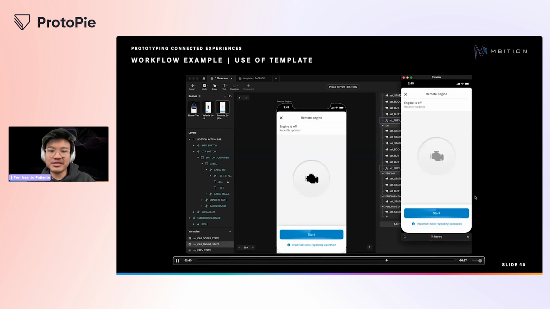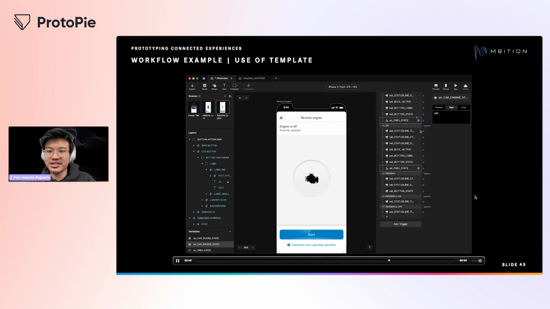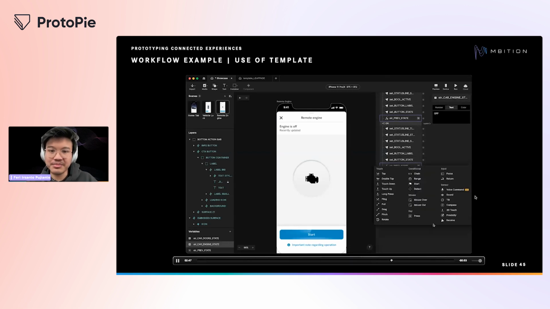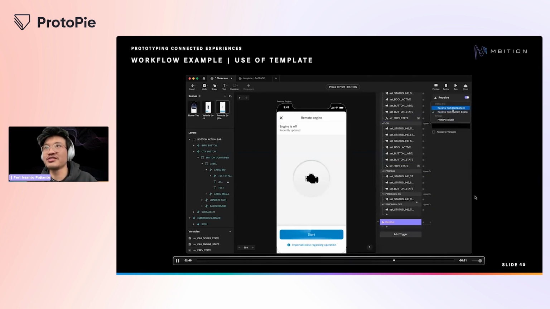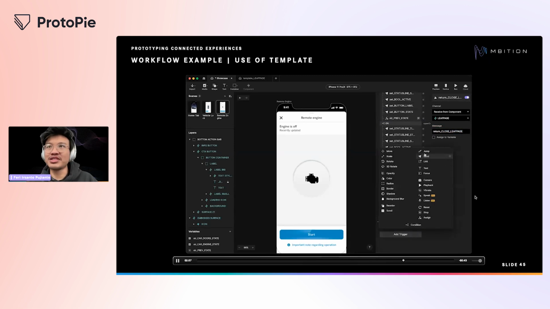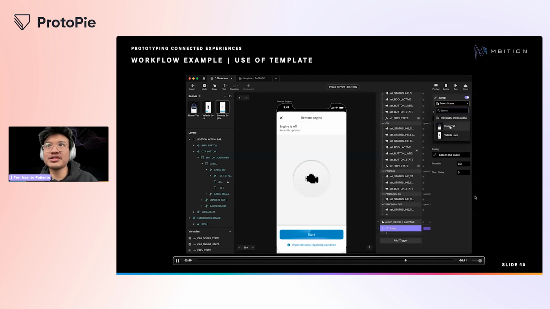So eventually what's left is I need to add a tap trigger and a jump response into the home tab to open and operate the remote engine. And since I don't have a close button here, I'm not using a tap trigger. Instead, I'm using a receiver from the leaf page component.